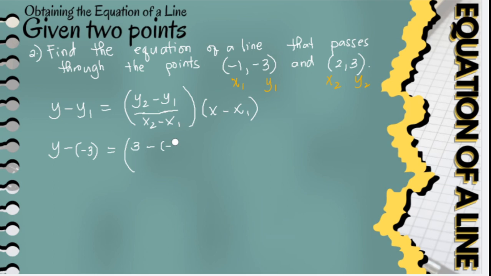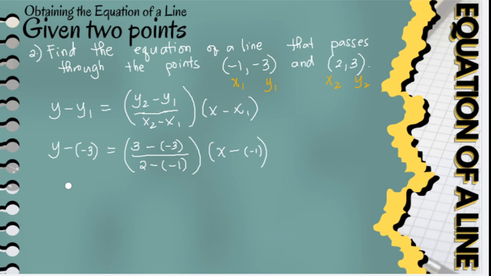So, we have to enclose in parentheses. Then, x sub 2 is 2 minus, again, x sub 1 is negative. So, it should be enclosed in parentheses kasi dalawang negative, diba? Yung magkasunod nating isinulat. Then, we have here x minus x sub 1 again is negative 1. Okay. Now,